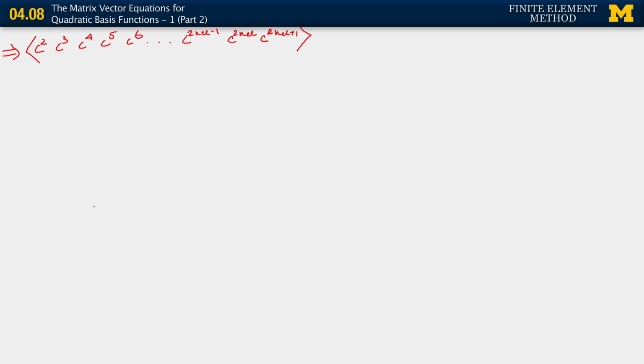Now, in order to write this, allow me to consider the case where every element has the same length. So if HE equals H for all E, that's the case I'm considering. It just makes what I have to write a little less cumbersome. In particular, it allows us to write 2E A over HE, sorry, over H, as we've just agreed.